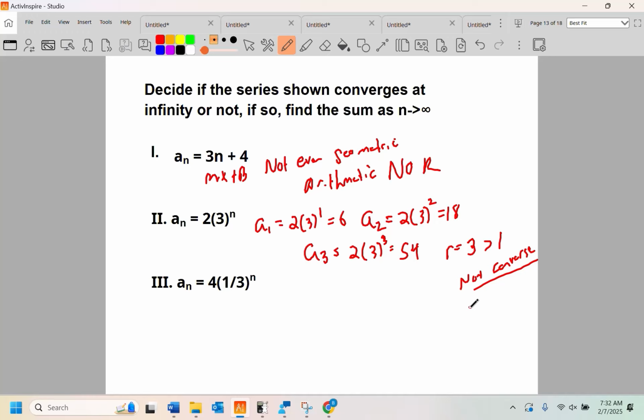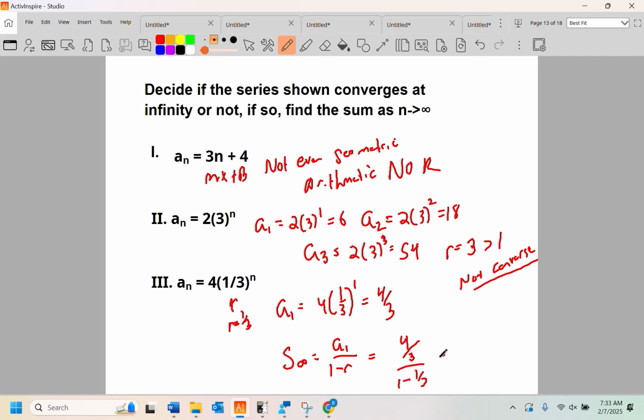So all you're supposed to do is, if so, find the sum as n approaches infinity. So this one, this is my ratio. It's a third. All right. I need to know the first term. It's 4 times a third to the first. And if I push buttons or whatever I do, I'm going to get 4/3. First term's not 4 on this one. It's worked a little bit differently. So the sum of the infinite series, again, is the first term over 1 minus the ratio. So it's 4/3 over 1 minus